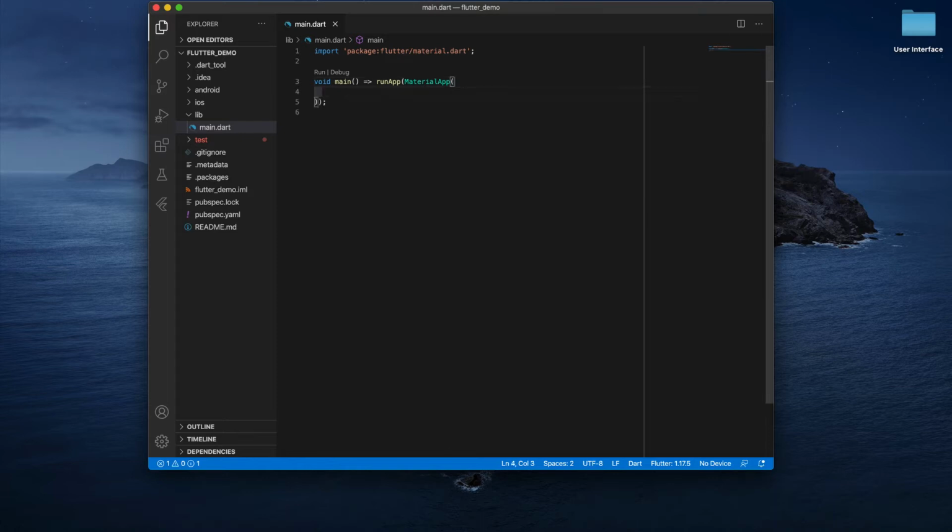Okay, let's create different properties inside this material app. I'll specify the home property first. This particular MaterialApp has a large number of properties, and I am just using the home property. So I'll create a home property and specify the text property. When I click home, text is a widget. I'm just writing a Text widget over here, and here I'm writing the name as Flutter demo.